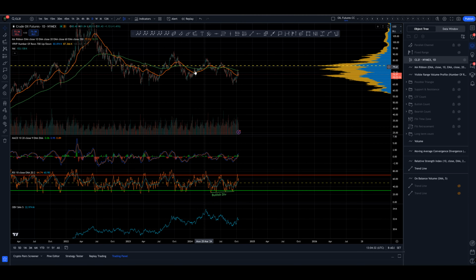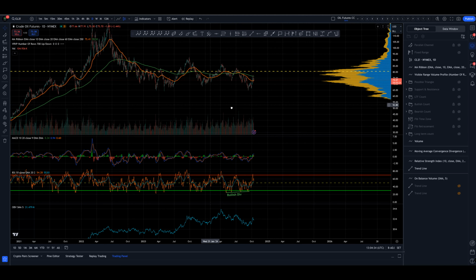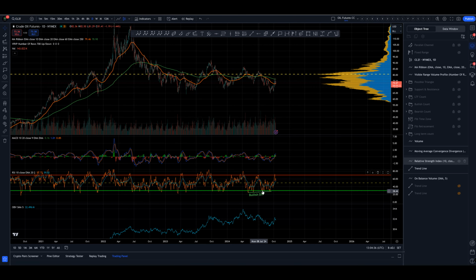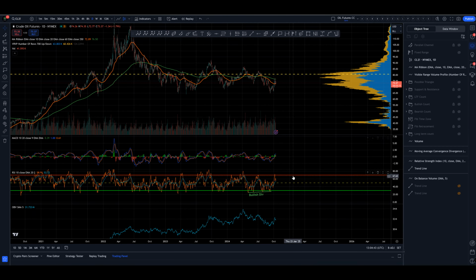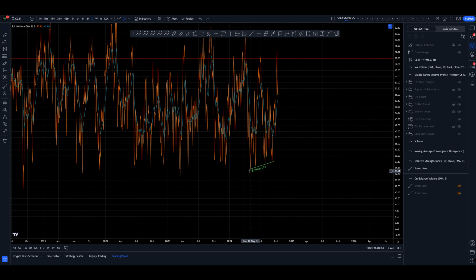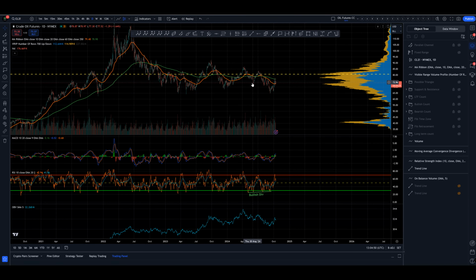Right, so let's now have a look at our momentum indicators to see what we can see. One of the things that stands out here on the daily time frame is this bullish divergence across the lows in the RSI, oh sorry, that's the MACD, where we've gone low, high low, high low, high low, and meanwhile we've gone low, lower low, lower low, lower low in price. So we've got strong bullish divergence there. We've come back to overbought conditions here.